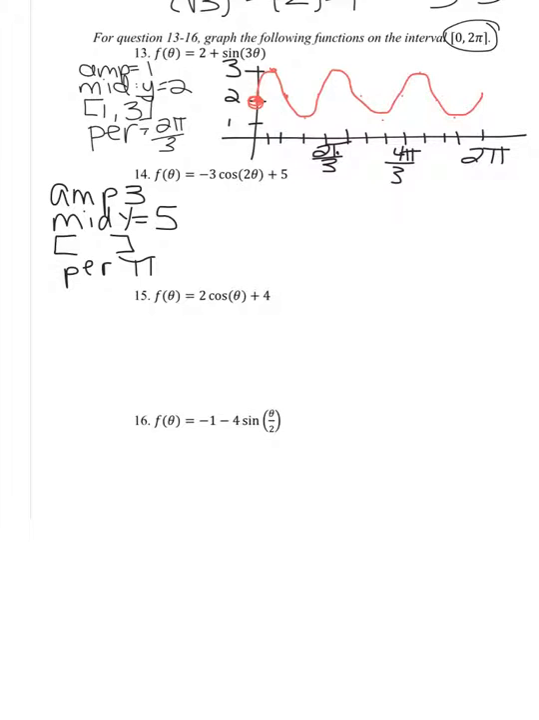So now your range, you're at y equals 5. When you go down 3, you go down to 2. When you're at y equals 5, you go up 3. That's up to 8. So when I'm graphing this,